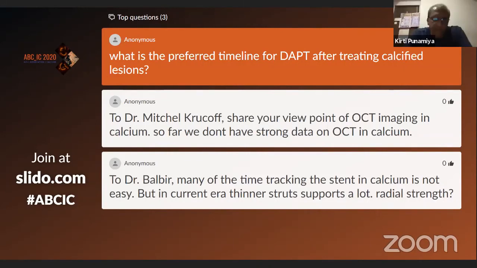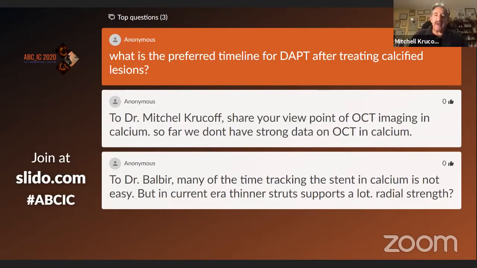Sir, it depends on the clinical situation rather than whether there is calcium or not. If I'm not right, Dr. Kirti, it depends upon whether it is an ACS or whether it is stable ischemic heart disease rather than the calcium. And more upon the end result of your procedure. If the end result is not good, you are leaving an unexpanded stent, then I think you will have to give strong drugs till you take the patient back and give a perfect result.